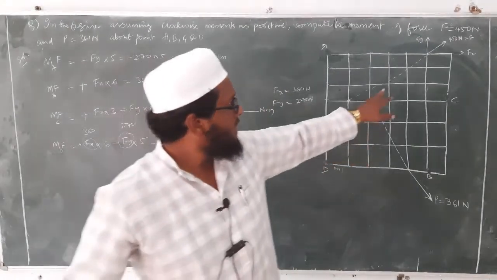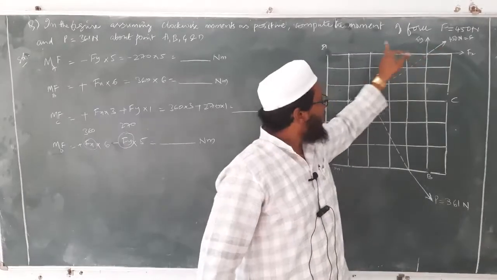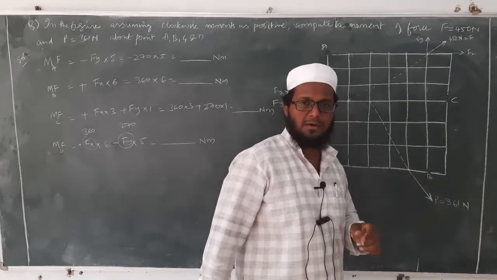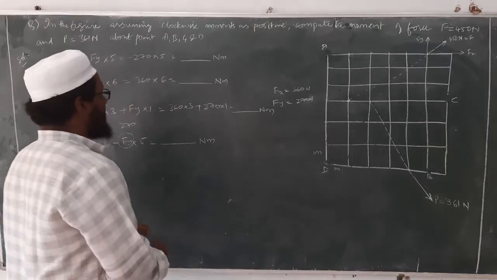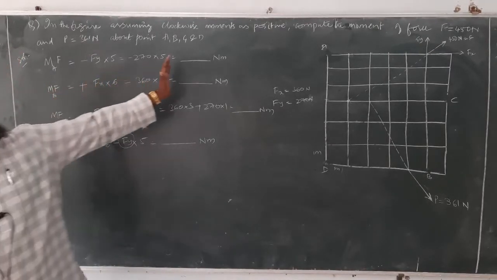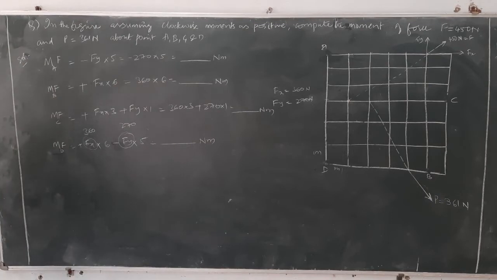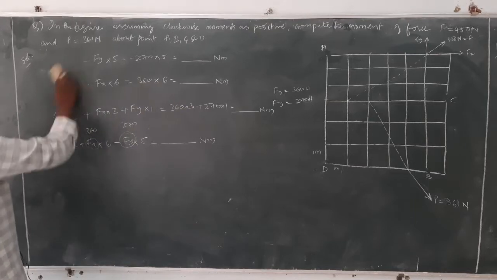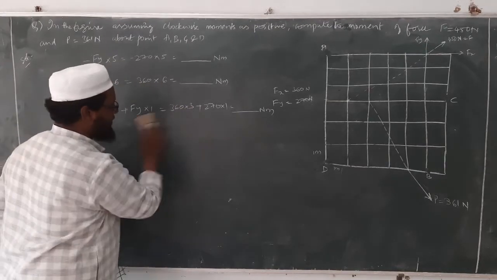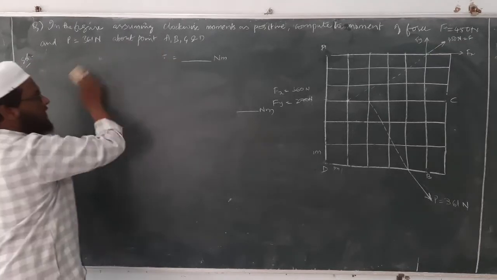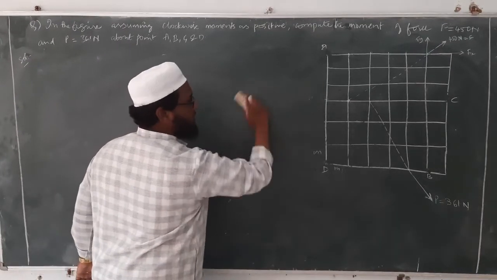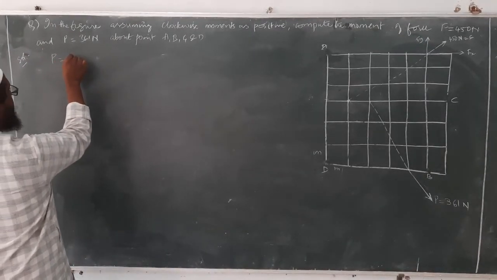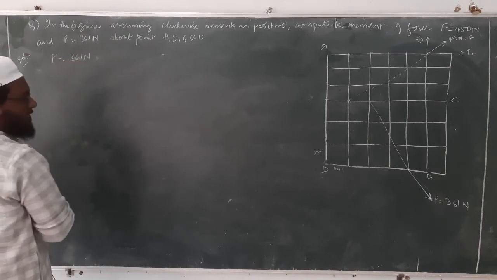Okay. Now, since we have calculated moment of F about points A, B, C and D, now we will go for the force P, which is equal to 361 newtons. So you can copy down this one, and whatever the values you have, you can keep it with you. Okay. It's simple, you will get the same values since I have substituted all the values. Now, after this one, we will go for the force P. What is the force magnitude? P is equal to, magnitude is 361 newtons.